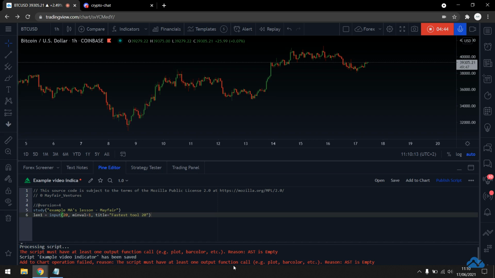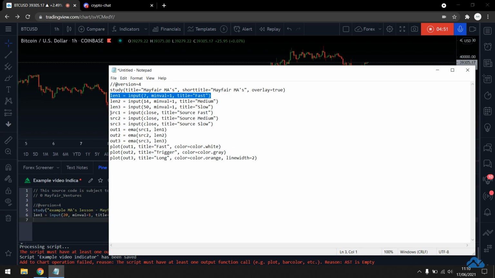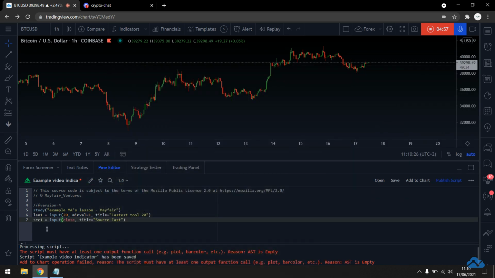So the next line is actually going to be the source phase. I'm going to come down to source one, and what I'm looking for here is the actual input of the source. I could have open, high, low, close, whatever kind of series we're looking at. I'm just going to keep this as a close because it's a simple moving average. I'm going to show a fast source. I'm going to keep that exactly as we have right now.